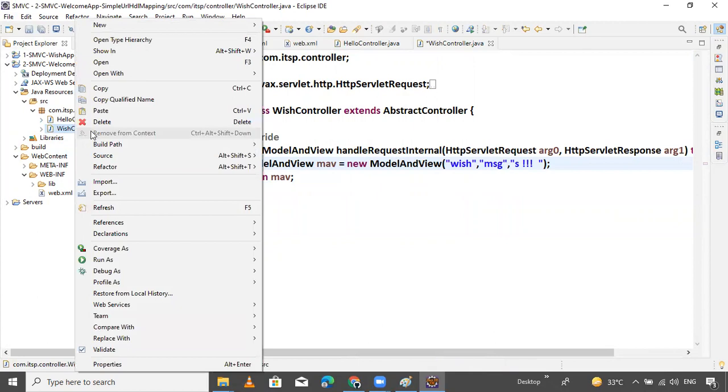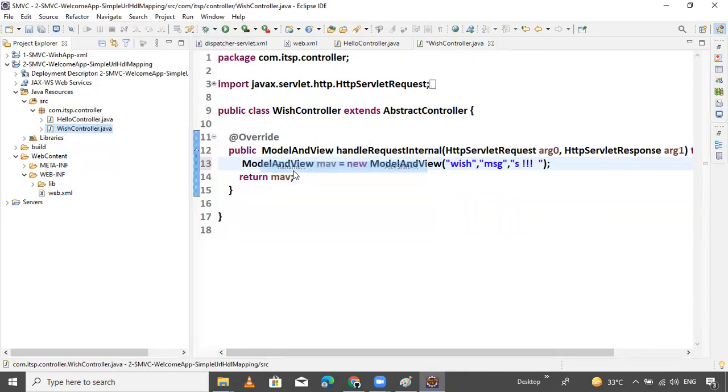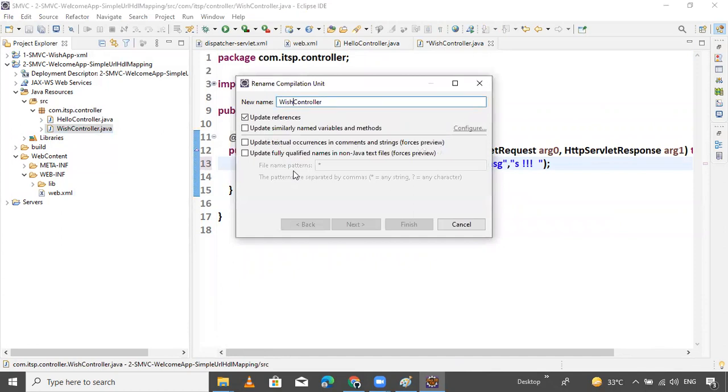Let's rename this with refactoring. Rename to welcome controller.